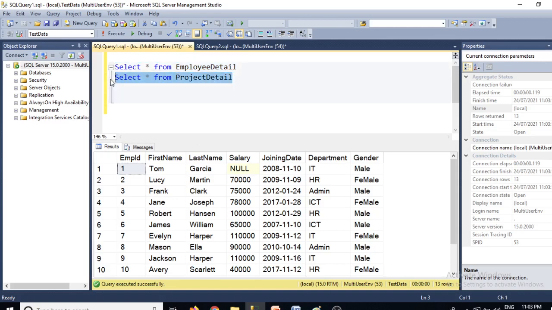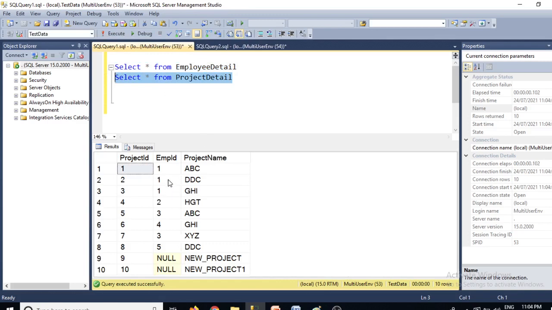You can see in this project detail table, here you can see employee ID 1. This employee ID 1 is assigned to 3 projects, ABC, DDC and GHI. Similarly we have employee ID 3 who is assigned to 2 projects, ABC and XYZ. And for two projects we have null values, none of the employees are assigned to these two projects.